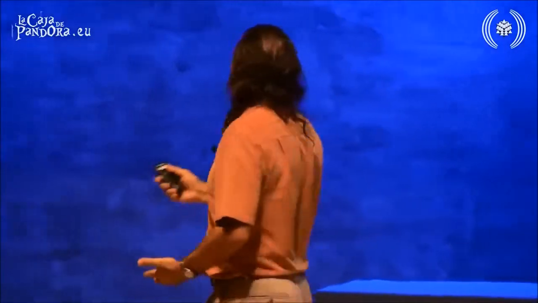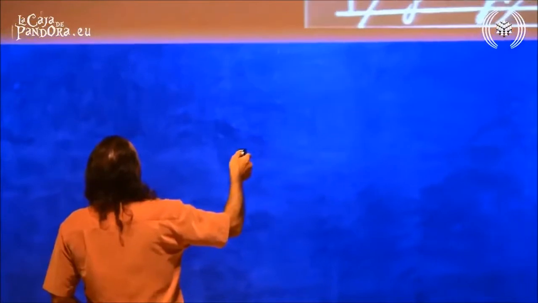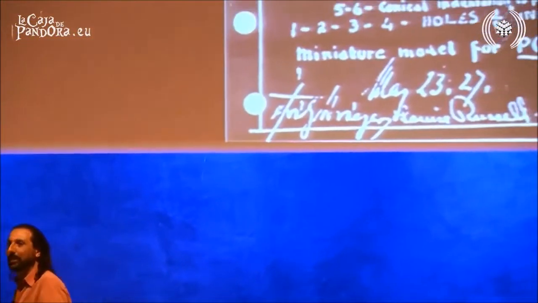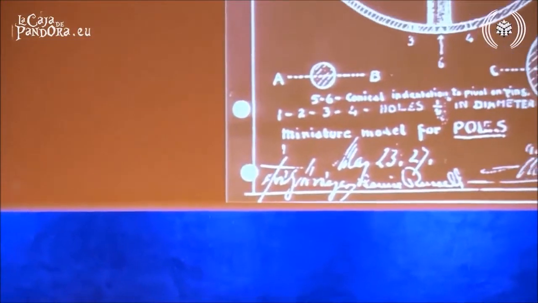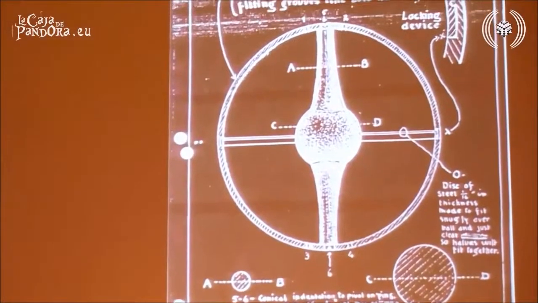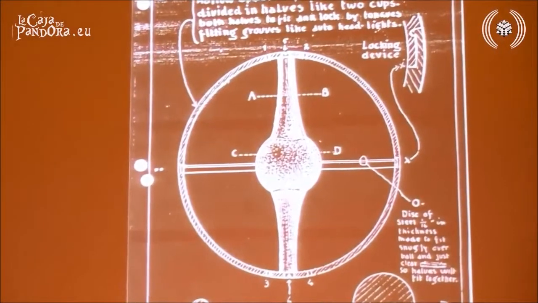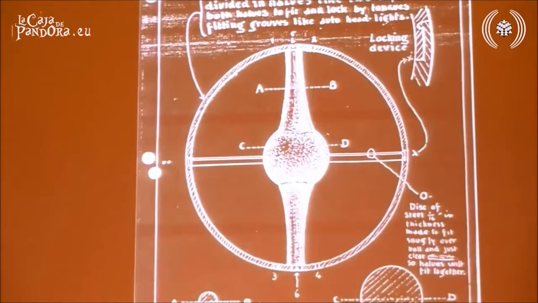And so, they didn't know I was doing experiments, but all of a sudden I received this file from Walter Russell in 1927. It was a file of blueprints of a device he built that nobody knows he built. To this day, I think I'm the only one that has ever had contact with this file since 1927 when it was built.